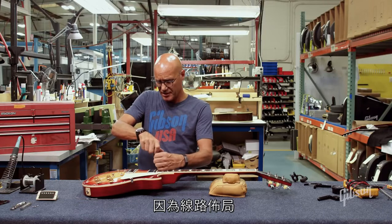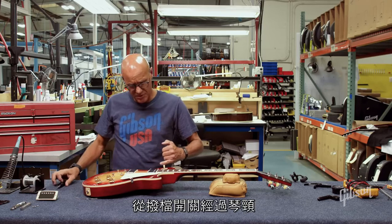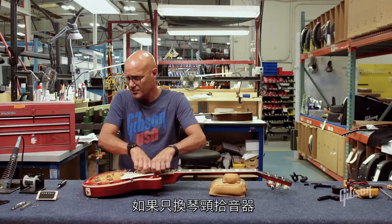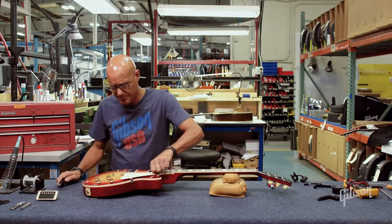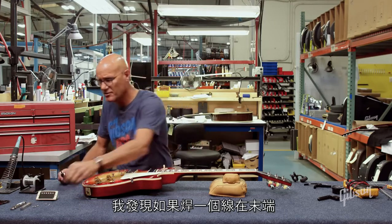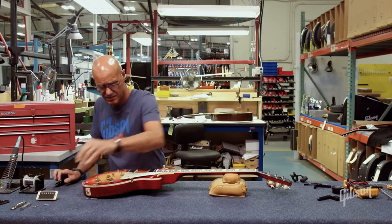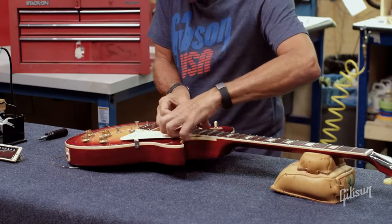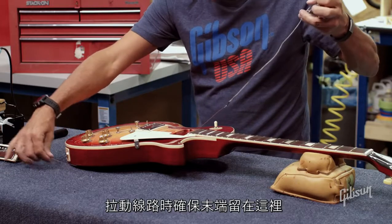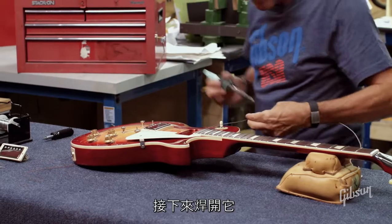But because the wire channels go under, from the switch through the rhythm, through the bridge pickup, into the control cavity, if you're only replacing the rhythm pickup, you would have to remove both pickups. So I found if I solder a wire to it, I can floss it through. So now the rhythm pickup can be lifted out, and I'll pull that wire and make sure this end stays back here. Now I can unsolder that